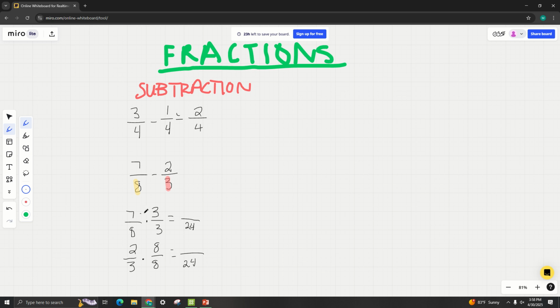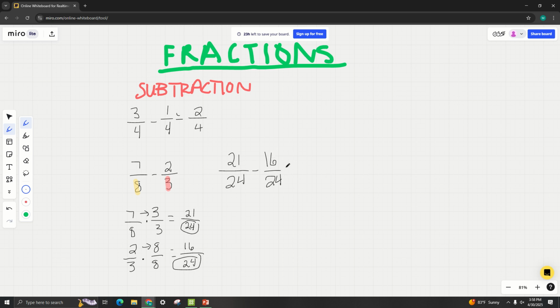And I'll just multiply straight across the top. 7 times 3 is 21. 2 times 8 is 16. So now I have equivalent fractions for 7/8 and 2/3 that have a common denominator of 24. I can finally subtract. 21 24ths minus 16